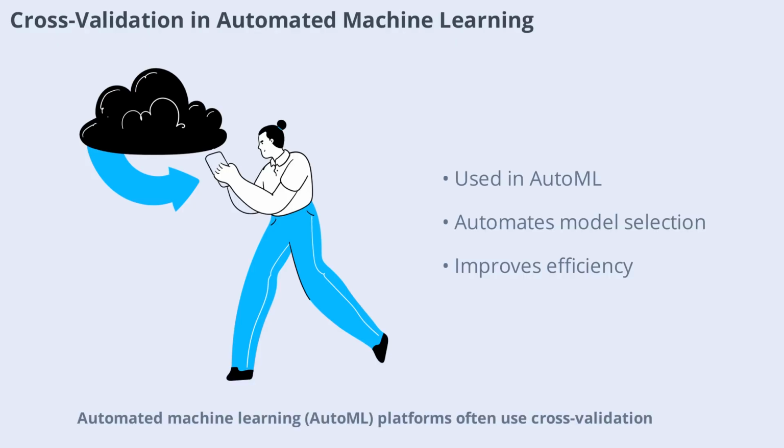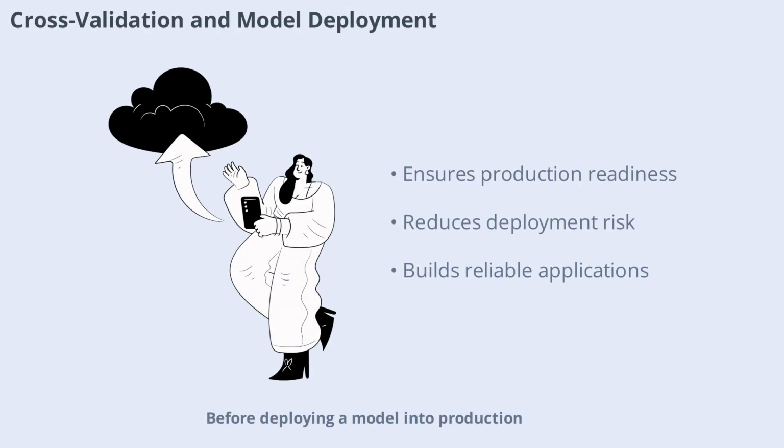Automated machine learning (AutoML) platforms often use cross-validation to evaluate and select the best models automatically. By integrating cross-validation into the AutoML pipeline, these tools can efficiently search for optimal algorithms and hyperparameters, saving time and improving results for users. Before deploying a model into production, cross-validation provides confidence that it will perform well on new